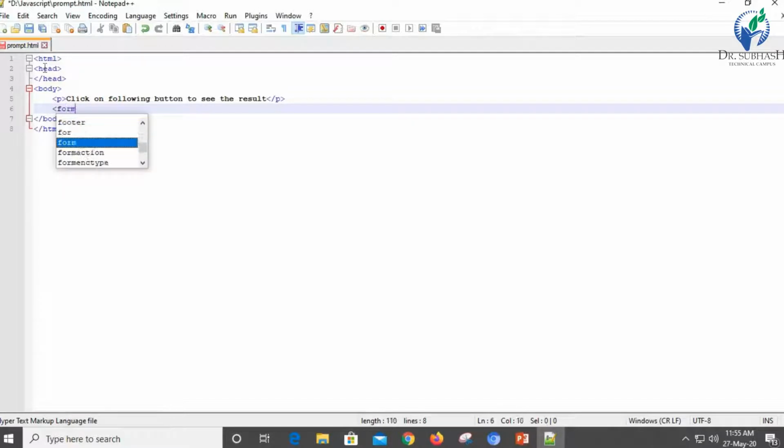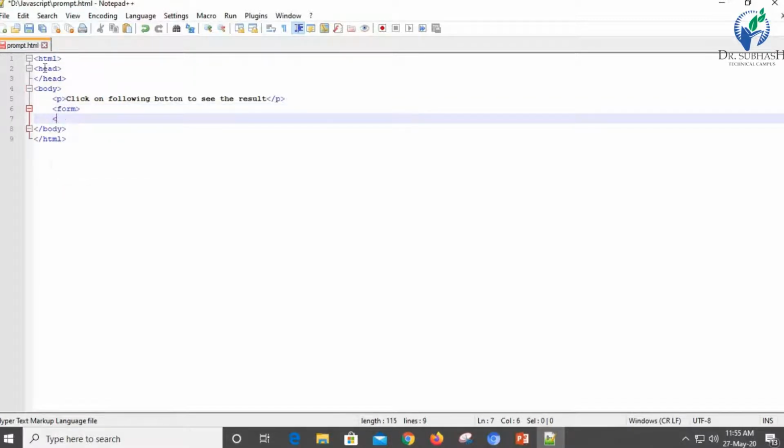Now after that we are going to create the button. Button is a form element, so I'm going to use a form tag. Inside the form tag I'm going to use input type is equal to button, value is equal to click me.